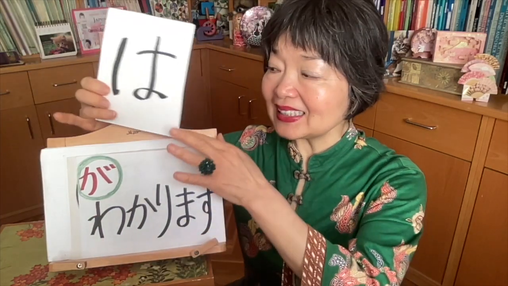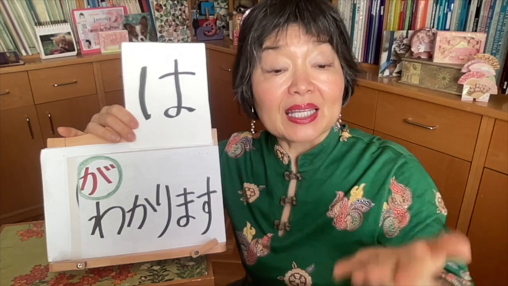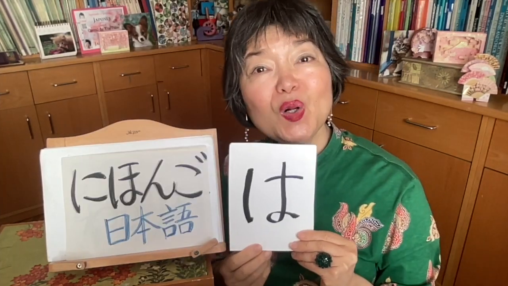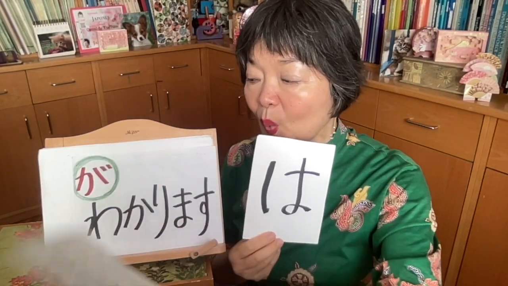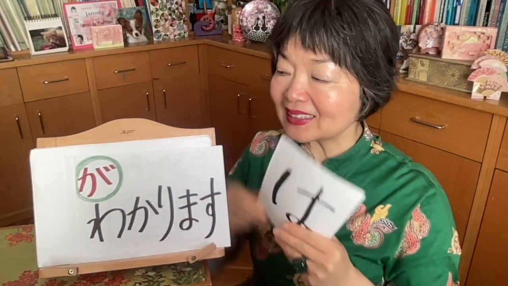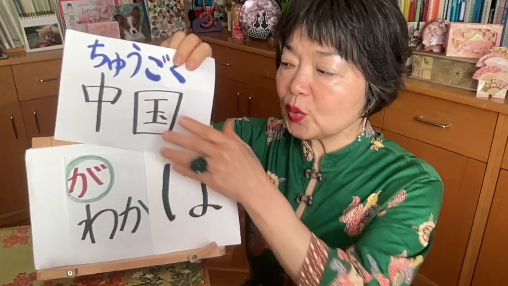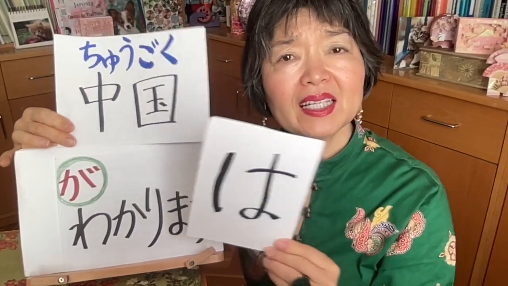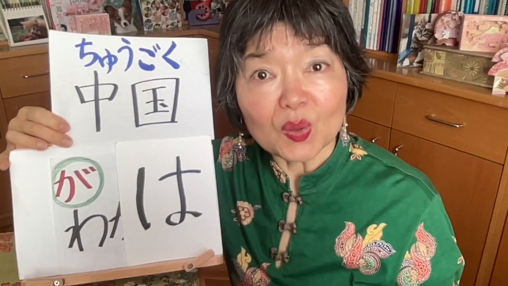But in this case, as this is one thing yes but the other thing no, this is a special one to emphasize, so instead of が I'm going to use は. 日本語はわかりますが、中国語はわかりません。